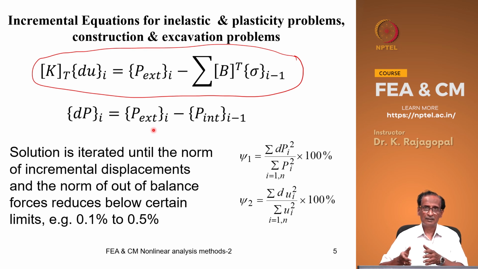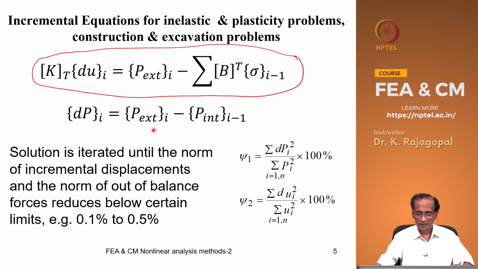In other cases we satisfy this only in an approximate sense, as we calculate some norm of the out of balance force as the sum of dPi squared, the sum total of all the squares of the out of balance forces at all the degrees of freedom, divided by the sum of squares of all the applied loads, multiplied by 100%,